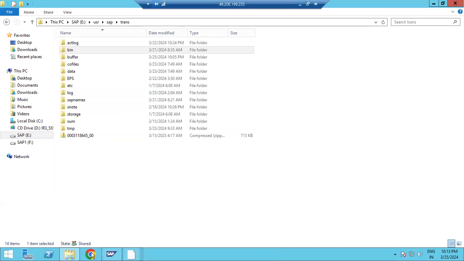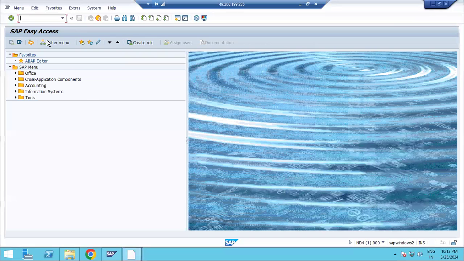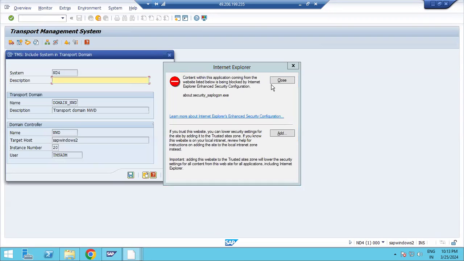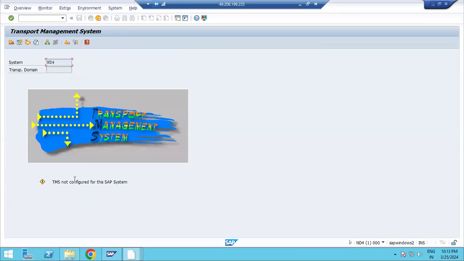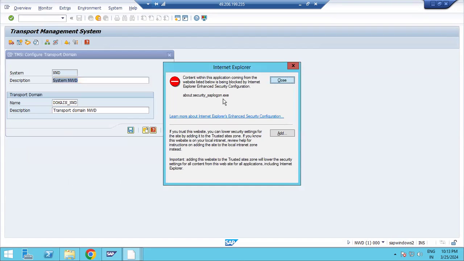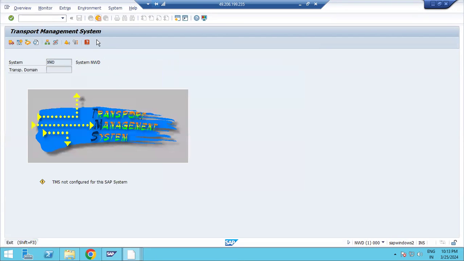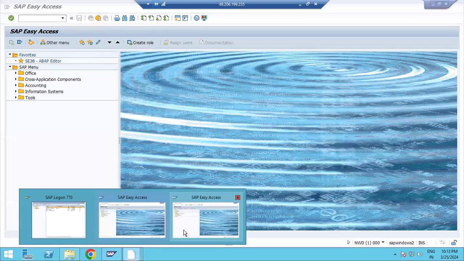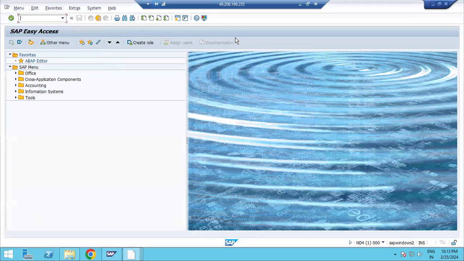So what you have to do, I'm going to remove the configuration. Just go to STMS, because you have to practice, right? Just delete the configurations. Done. You have deleted the configuration. Just go to STMS, delete. You will delete the configuration. Now you are good to create the new configurations again. You can just perform the practice of STMS here. So once you've done the configuration,